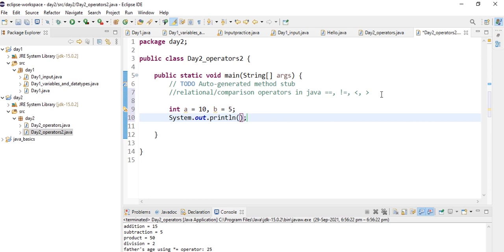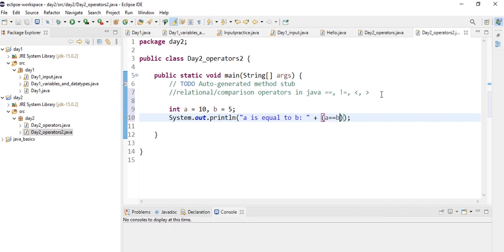First let's print a is equal to b, and let's print out the answer here. And we will get false. Is a equal to b, is 10 equal to 5? It is comparing basically. So 10 is not equal to 5. So that's why it is returning a boolean value, that is false.